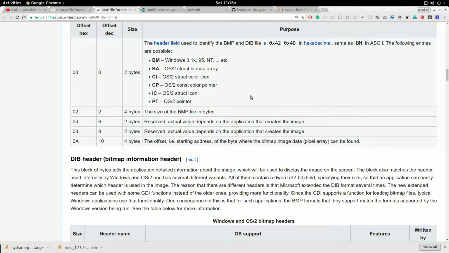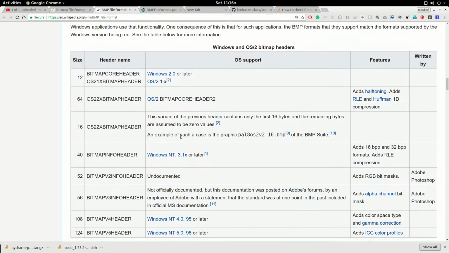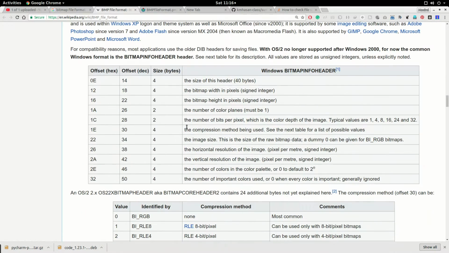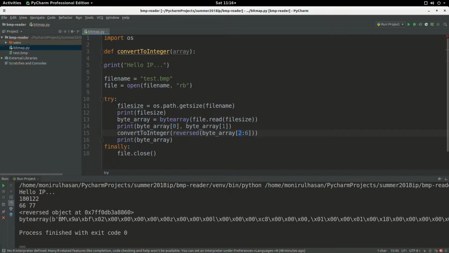If you look at this, we will need to read the height of the picture, the width of the picture. So the same thing will pop up again. You need to convert 4 bytes into another integer. Over here, sometimes 2 bytes, sometimes 4 bytes. It could be something else either, 3 bytes. So rather than doing it separately all the time,